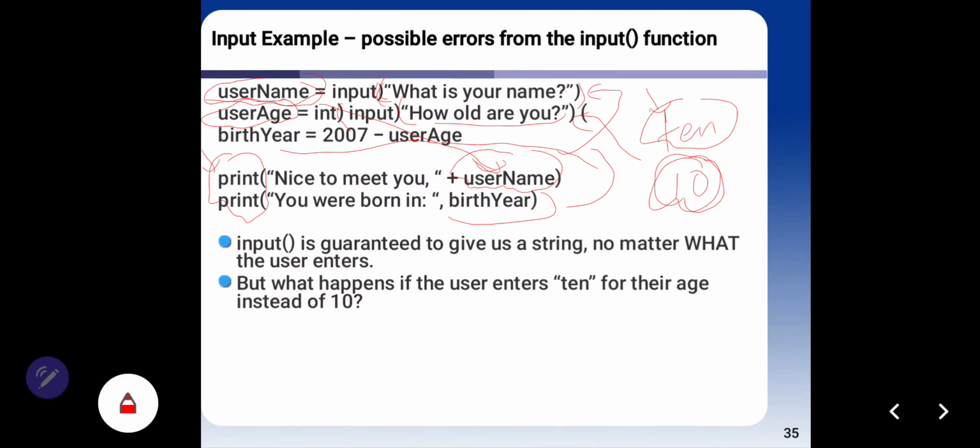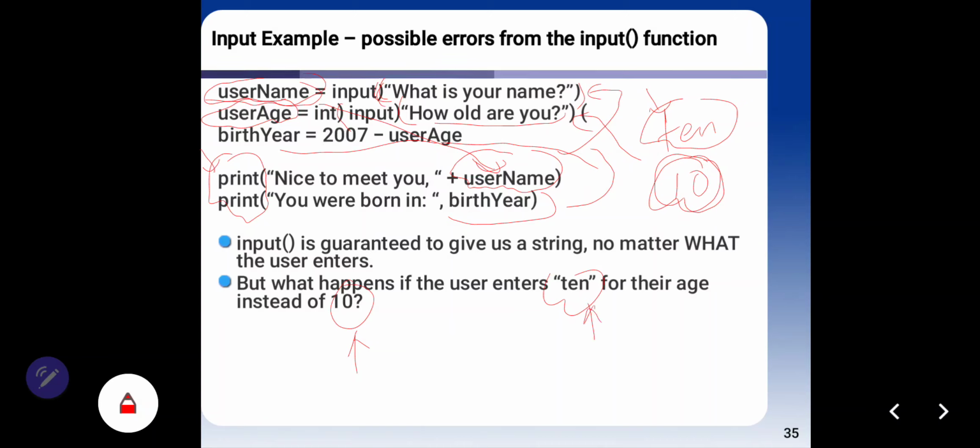Input parenthesis is guaranteed to give us a string no matter what the user enters. But what happens if the user enters 10 for their age instead of 10 like this? This is an integer and this is a string.